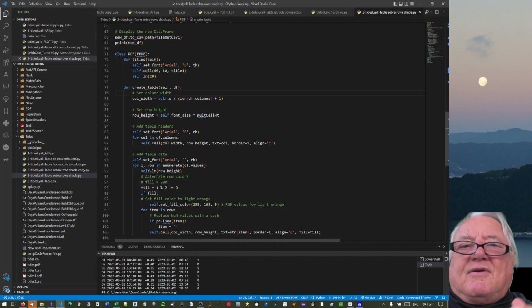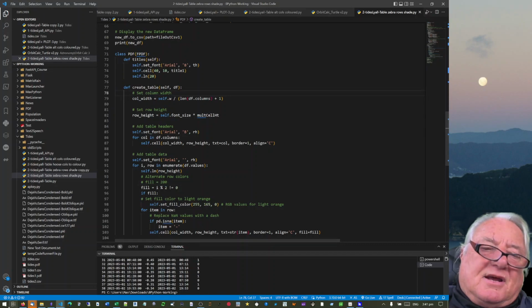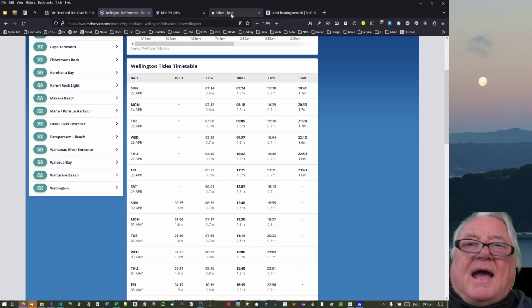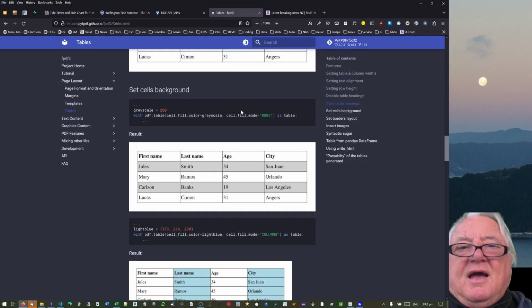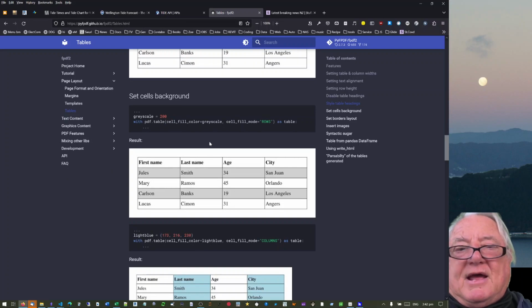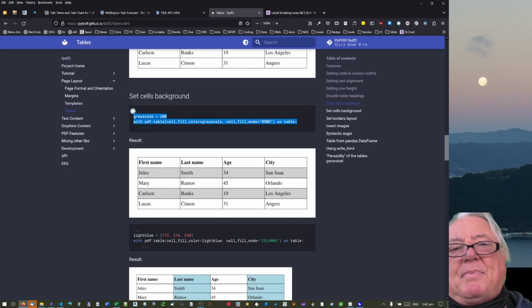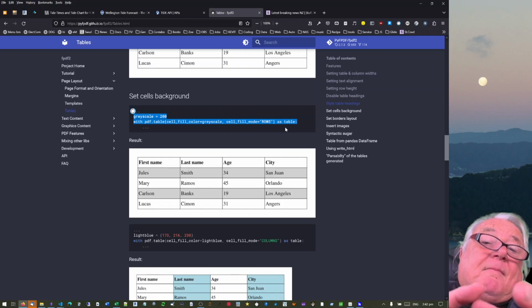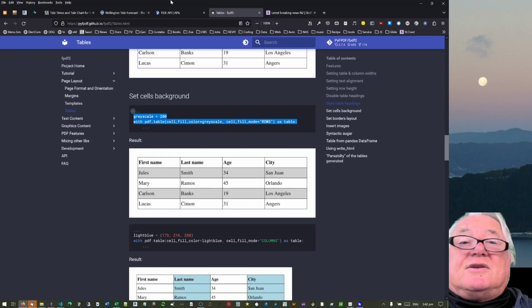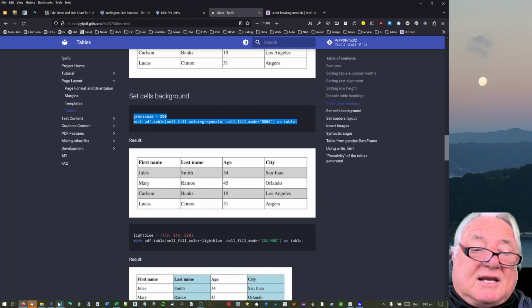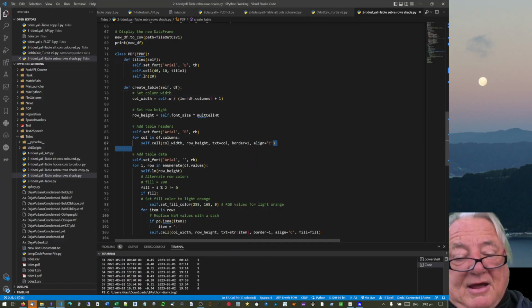So this one here, because I had a class, I then went in and looked at the FPDF thing, and I said, I can then set backgrounds. I actually want to have shaded backgrounds like this, and this is not based on a class. So I said to Bing, take this and convert it into my class one and see if you can actually give me shaded bits of data. So if I now run this one here,